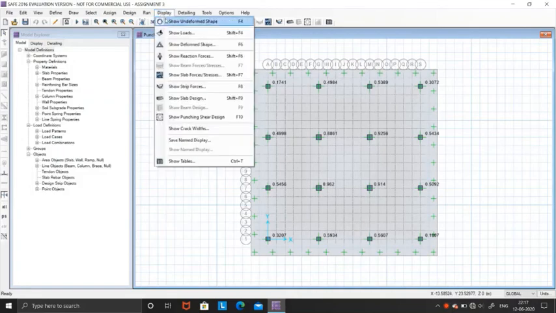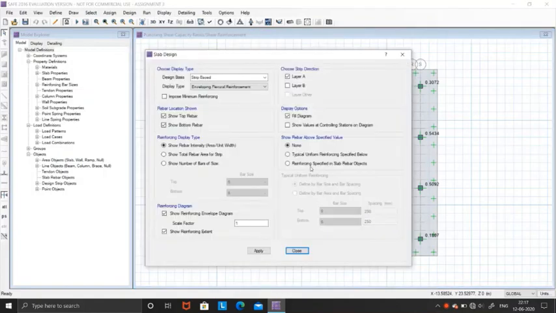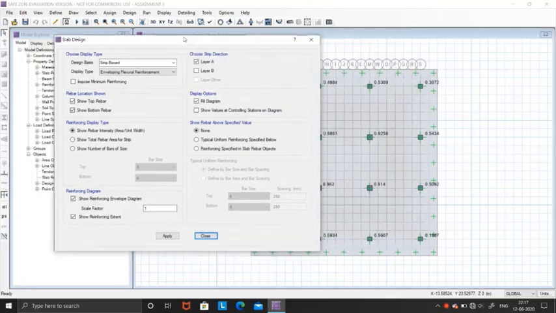And now from here you can see the different values. For example, you can show slab design, and here you can see the slab design for layer A and layer B both.